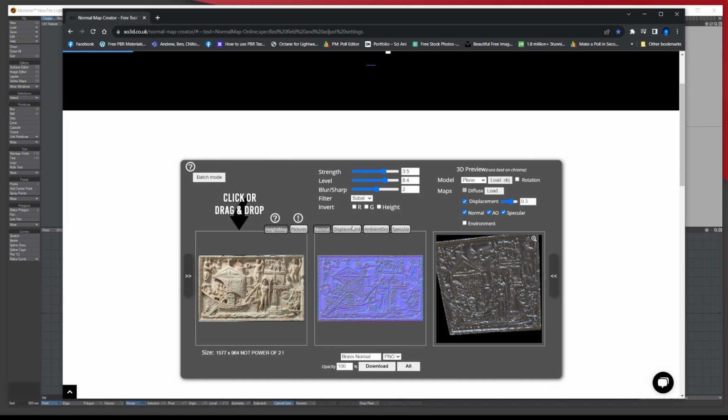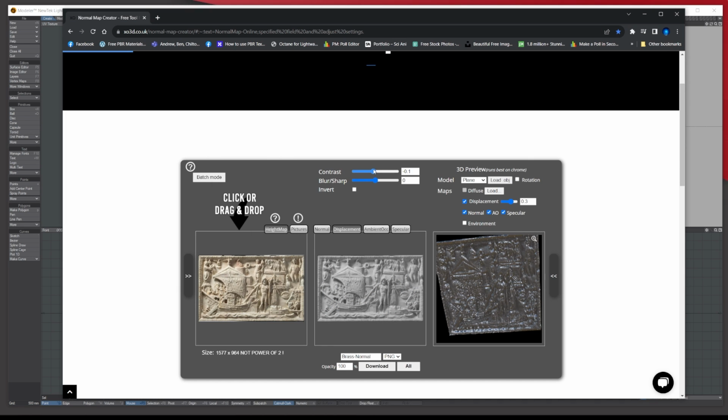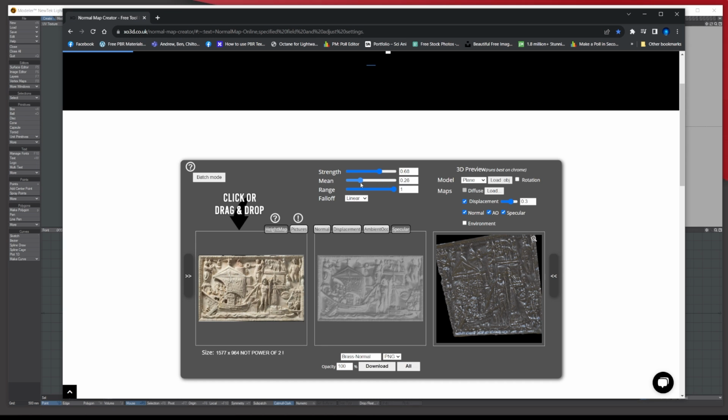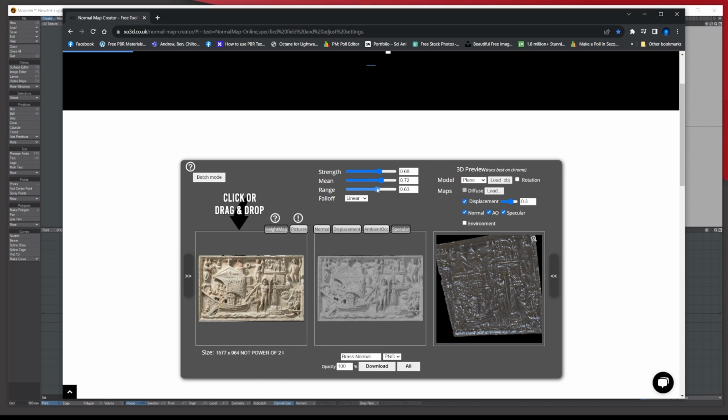Then you go to your displacement, and again you play around with the displacement, deciding how sharp, how smooth, and looking at this all the time and deciding how you want it, and then you download it again. And then we're not using ambient occlusion, but we're going to use specular. So again, with the specular, you can come in here and play around with the highlights and specular if you want. So one I'm going to do is brass, and the other one I'm just going to do like this ceramic kind of effect. Then you download it, okay, and then you've got them all downloaded.